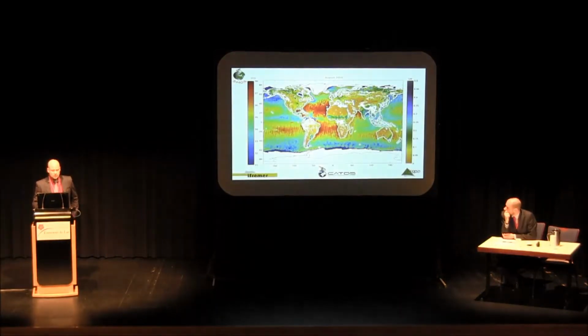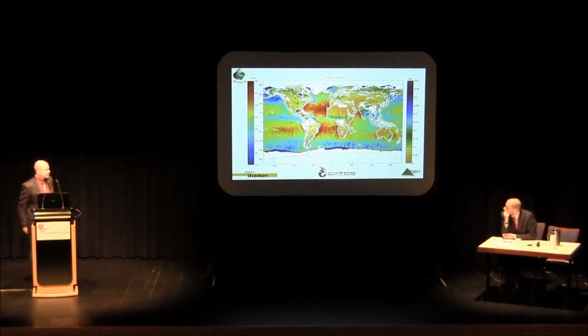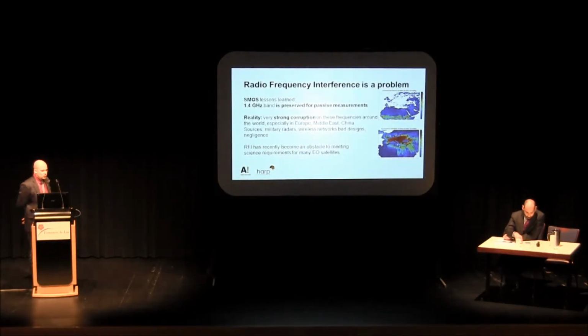It's a radiometer which is measuring the natural emission of Earth, oceans and land areas, and forms maps telling about soil moisture and ocean salinity. Both of these parameters are very important for mapping global change, dynamics in oceans, moisture balance, and how it affects atmospheric properties. The instrument works at the L band, which is 1.4 gigahertz, which is protected and reserved for passive measurements only,